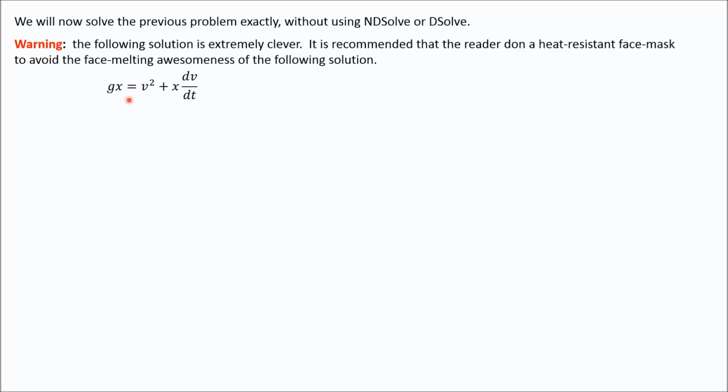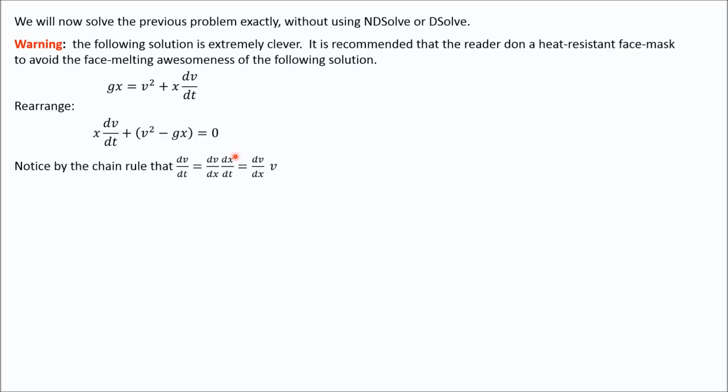So gx is equal to v squared plus x dv over dt was the differential equation we found. Let's rearrange it like this. And we did this in a previous problem. I believe it was the moon landing problem. I think it was two videos ago,